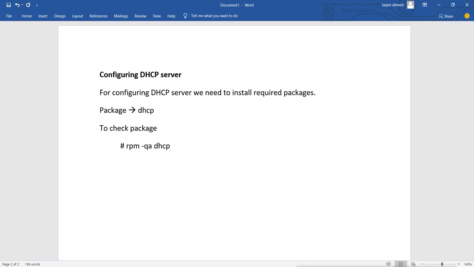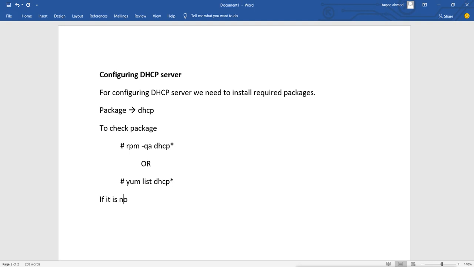We can go for -qa with a star also, so that it will show you all the packages installed with names starting with DHCP. Or if we have already configured the yum server, we can go for yum list and dhcp*.